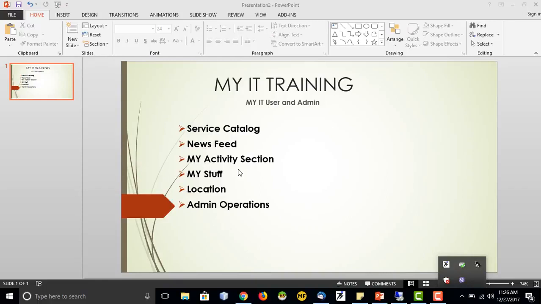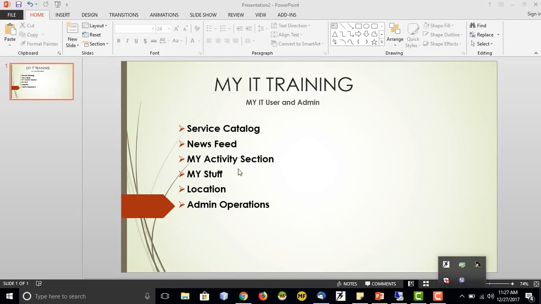So now what exactly is MyIT? MyIT is basically an upper layer created on top of our SRM. As we all know, we are familiar with Remedy. So we know that in SRM, we have a section where we are able to raise our requests, we are able to see the requests, and then those requests are fulfilled by our fulfillment applications like incident, problem, change, or work order. Also, we are able to see the approvals.